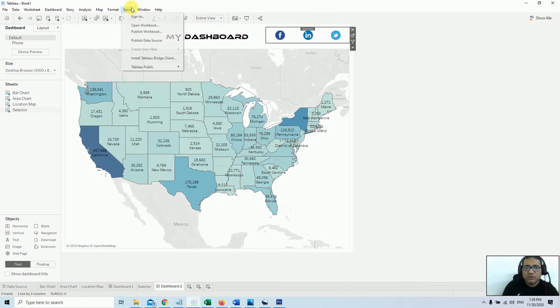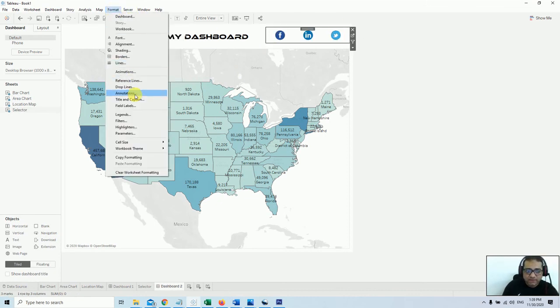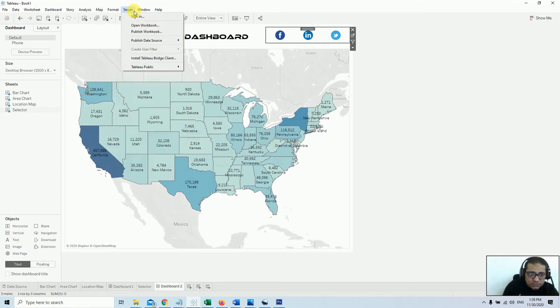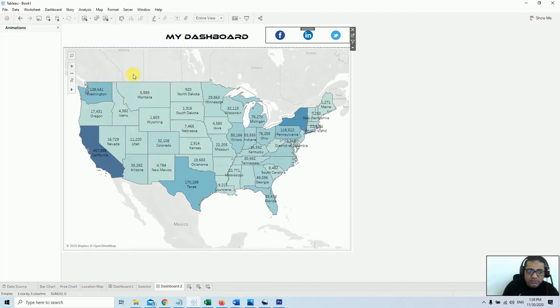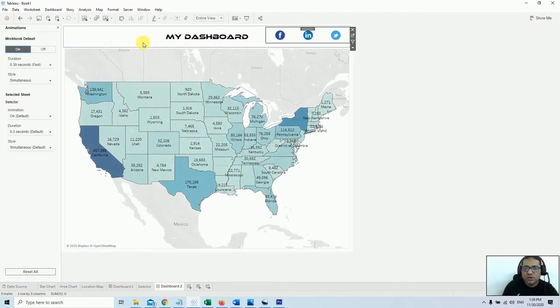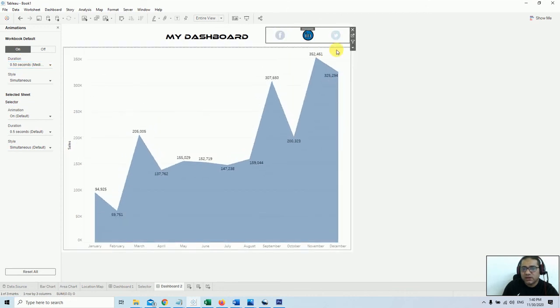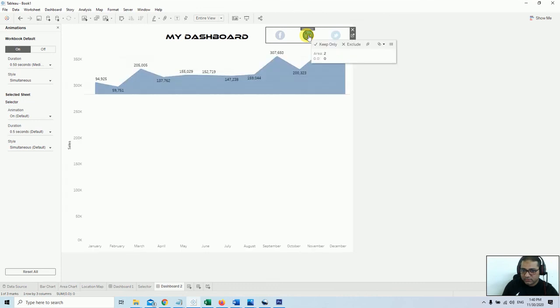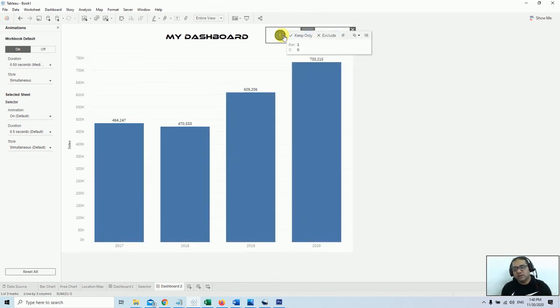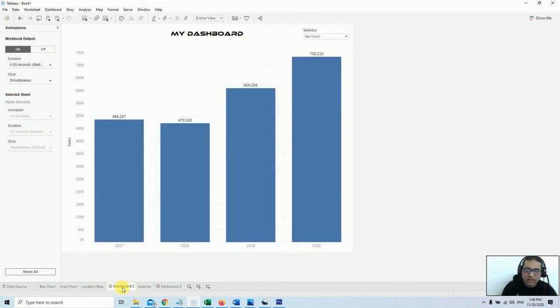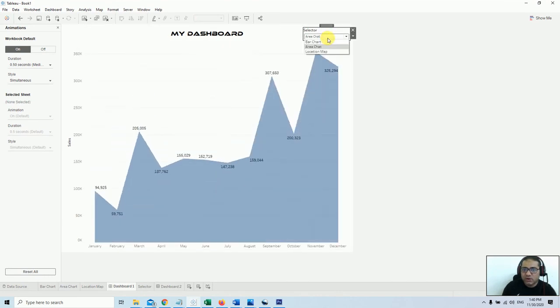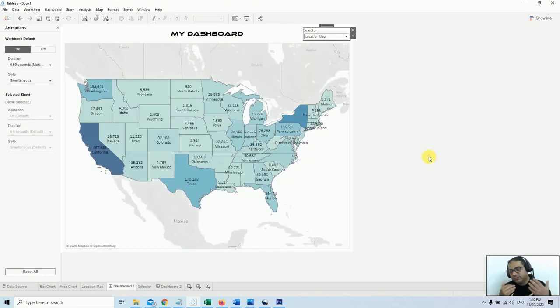And now there is one more thing called animation. You can come here and add some animation as well. Where is the animation? I think in the format animation. Yes, if you enable this animation on, now if you change it, it will animate your chart. And even if you want, you can control the speed as well. So this is something like this. You see how this value is getting updated. So these are the techniques of showing dynamic visibility with different components. It's up to you how you want to play and which method you will choose.